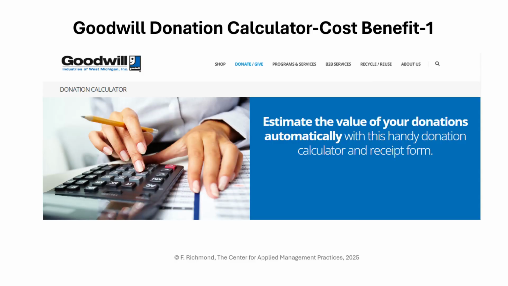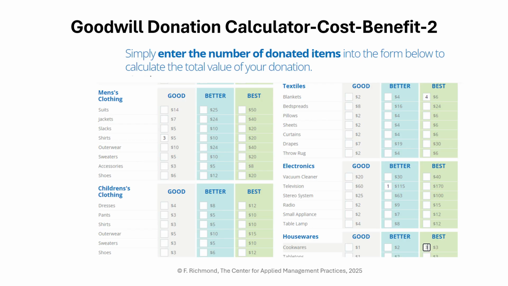All right, this is something, last I checked, they were still doing this. Goodwill, right? You've either donated something or picked up a bathing suit for the summer or something. But they have a little calculator, and I thought it was pretty cool what they did. You can just go in there and play with this thing. What they're doing is looking at the value of donations and how it helps their mission. So these are screenshots. You can see here, they put all the different items in there. And as you can see, you make the decision, is the donation good, better, or best? And they monetize that. There are dollar values associated with that. So they now know there's your unit cost in their world, okay?